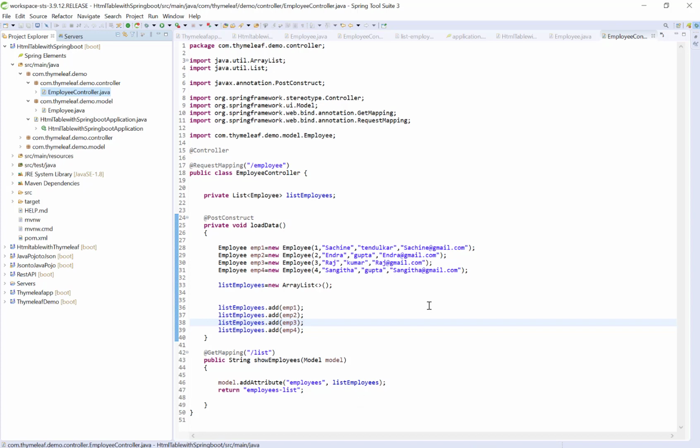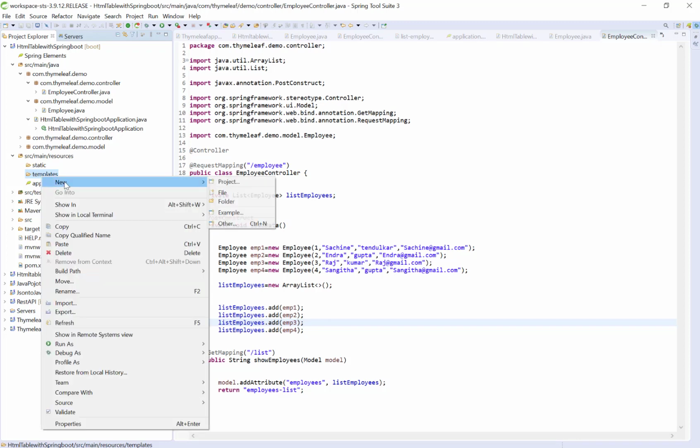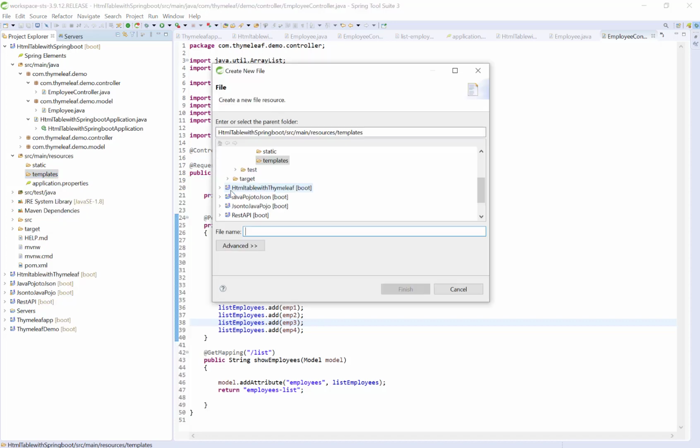Now I need to create the HTML file. To create the HTML file we need to go to this src/main/resources folder. Inside that we have one folder called templates. Inside this folder we need to create the HTML file. I will give the file name as employeeslist.html.